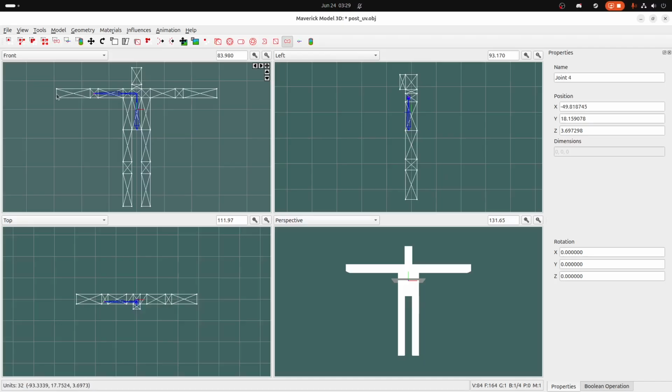And yeah, so now I'm going to just add all my joints, and once you get used to Maverick Model, this is like the easiest program